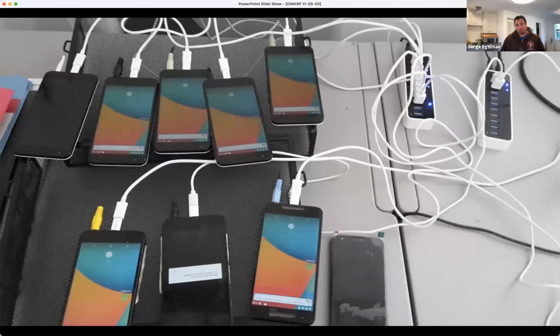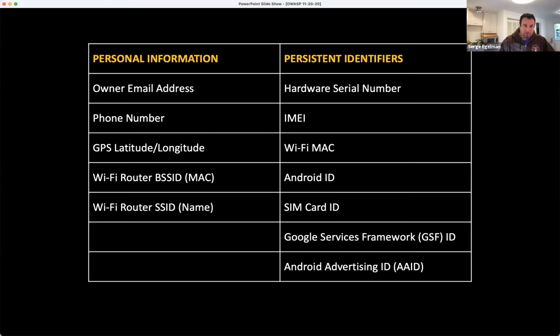And so starting, I guess this was around 2016, his office started slowly turning into a click farm where we had lots of phones running our customized operating system, and then had a computer that was pulling all of the logs off and analyzing them to look for personal information.